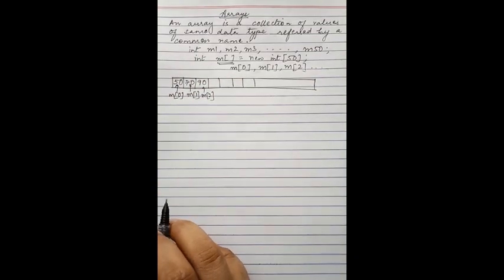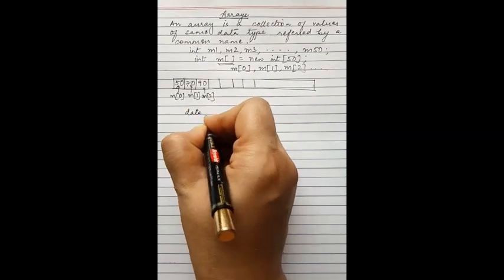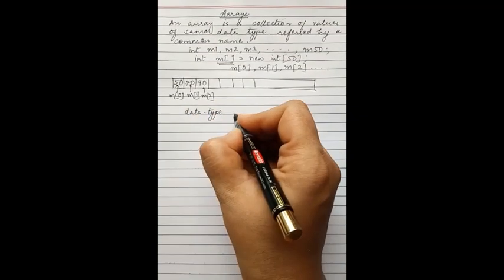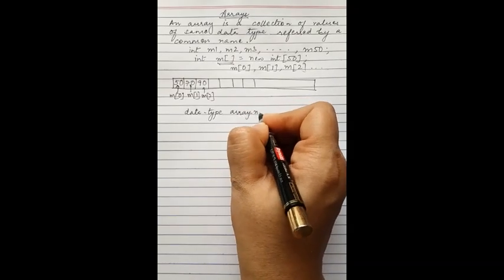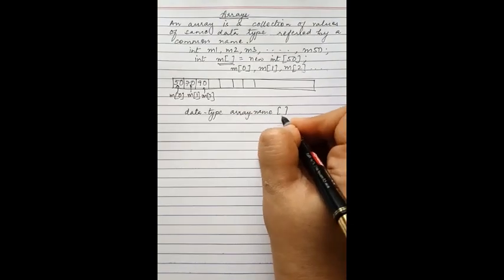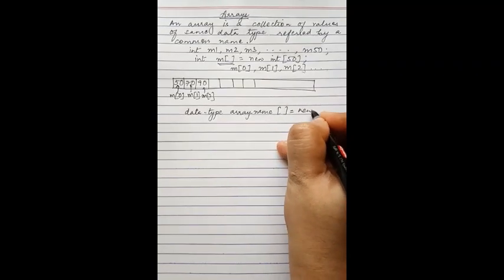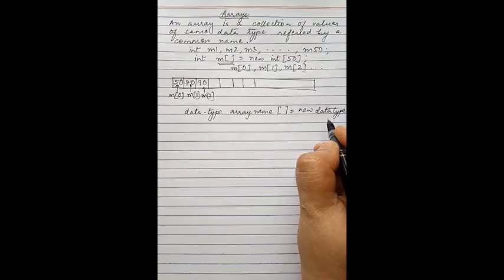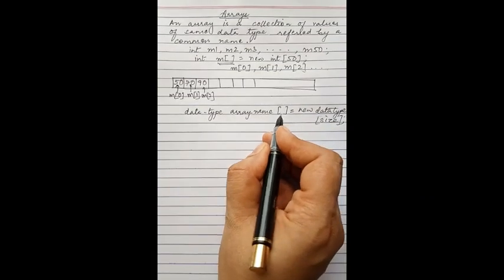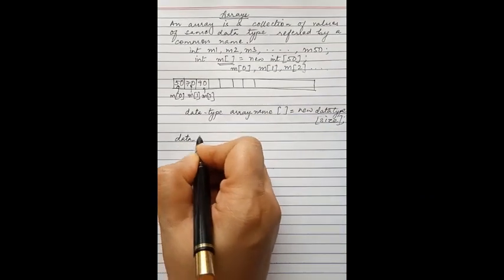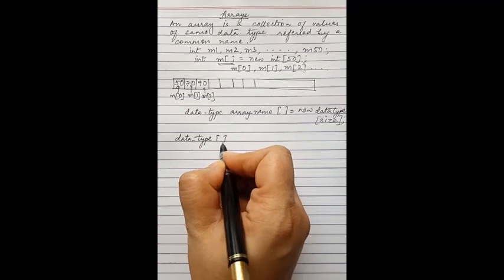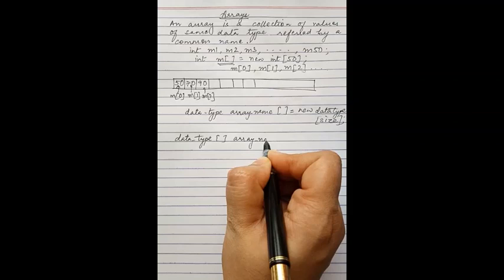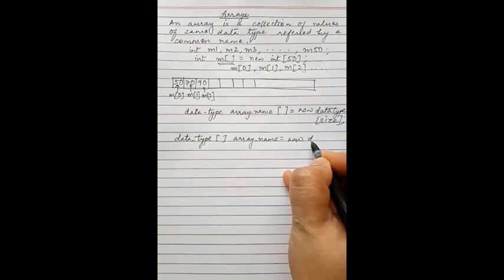Now how are arrays declared? First we write the data type. Then I write the array name. Then like this, dimension is given equals to new, then data type, and in the brackets again we write the size of the array. Now this dimension thing can be written here also. Data type and first the dimension and then the array name equals to, rest will be the same, new, data type, and size.